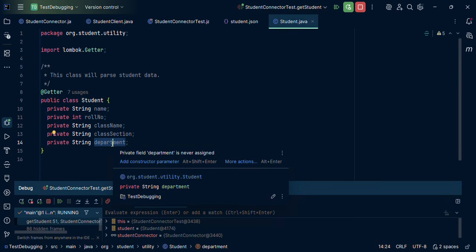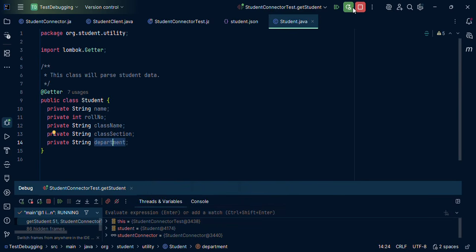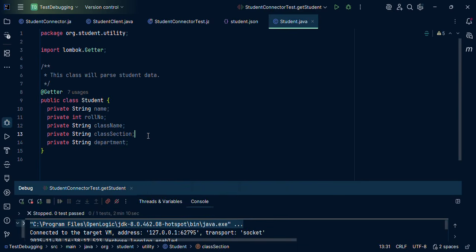DEPT is not getting mapped to department, so that's why the value of DEPT was never assigned to department. So for us it is null. Without the test case, this would have gone to production and become a defect. Now, to avoid this, as part of the test case, if we take it seriously, we have identified a problem